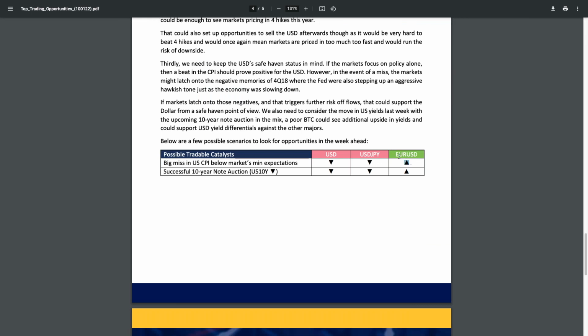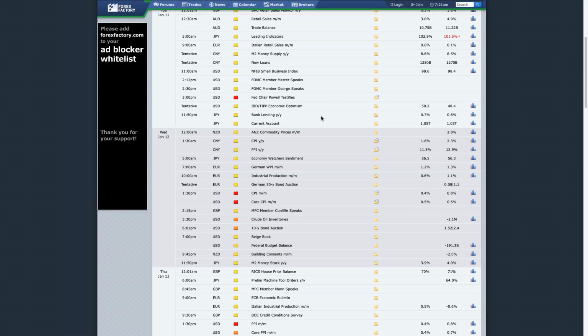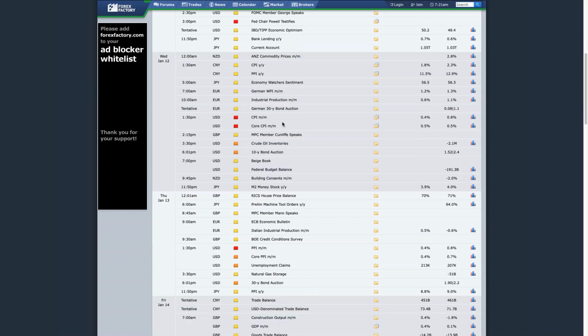Missing the CPI, month on month, look for Euro-US dollar upside. That is a key opportunity, and dollar downside. So you could also look for New Zealand US dollar upside, Aussie US dollar upside, depending on what's happening with the risk tone, okay? Dollar yen downside is possible. My favorite pair would be the Euro-US dollar upside. Now that is if we get that on Wednesday. Best opportunity of the week is coming here.